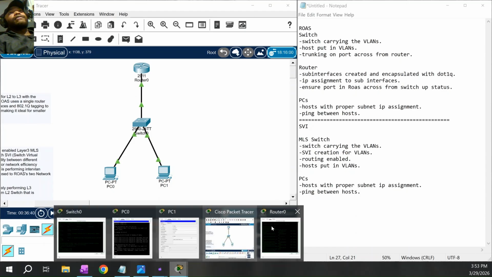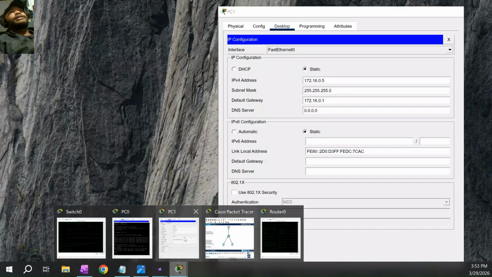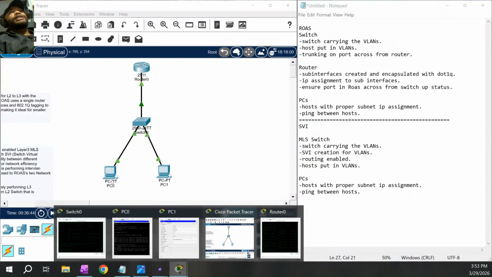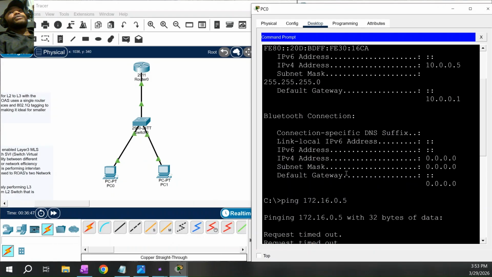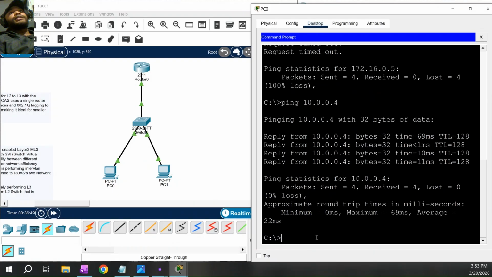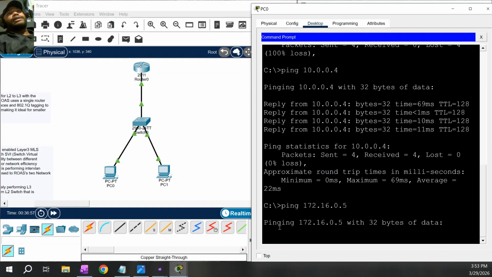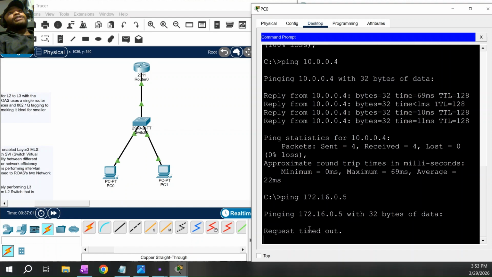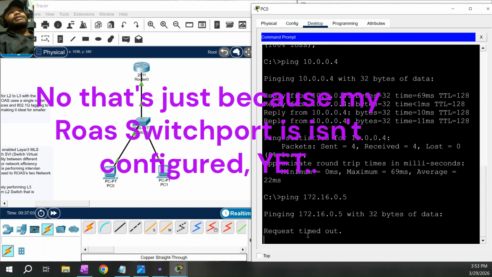So now that we have everything configured, let's go ahead and ping between PC0 and PC1. And as we know, PC1 should have that 172.16.0.5. It's normal for the first